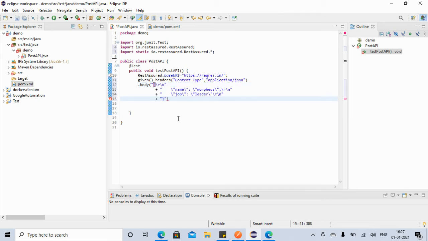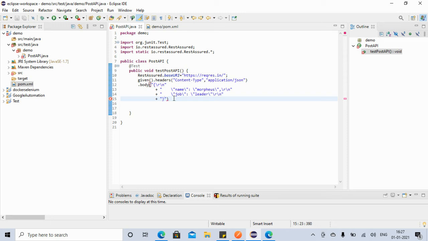Now if you see, Eclipse did some formatting, because when we say string, the name is also a string. We want to make sure this notation is not treated as the string's own, so Eclipse puts a backslash here for us, and we don't have to worry. So this is our body. After body, what else can we provide? I think we have provided everything.